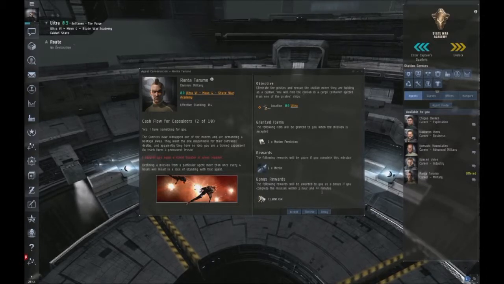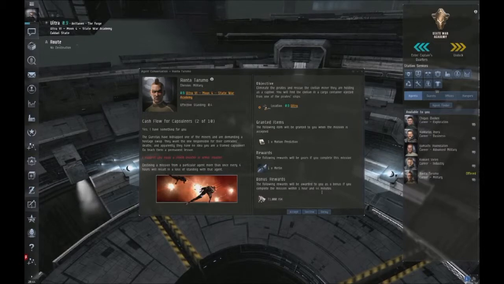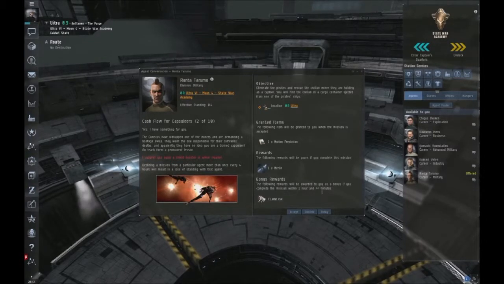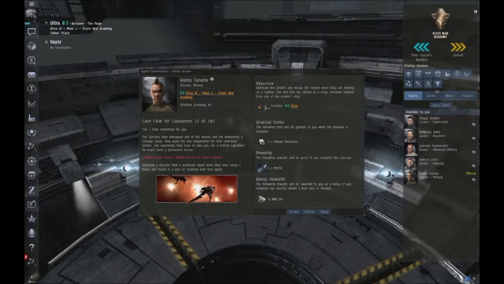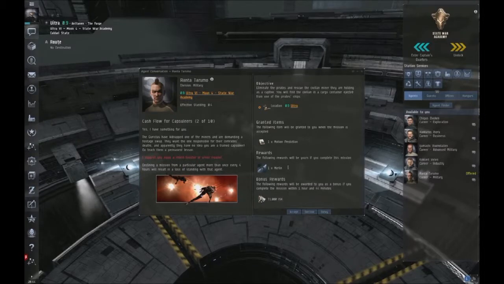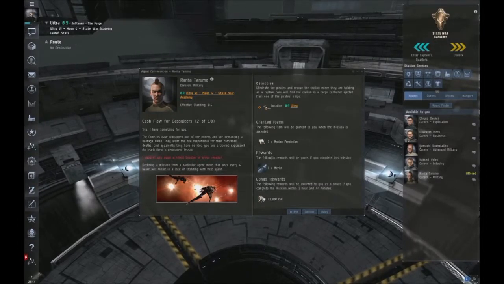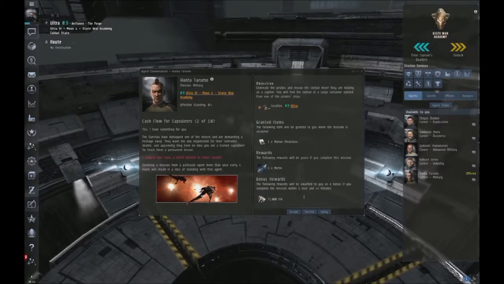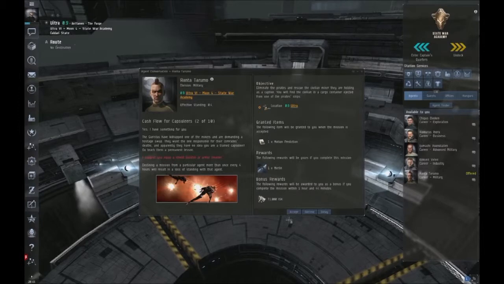Just getting the green check marks is not enough. Now, a reward for completing the mission is ours no matter how long it takes us. If it takes you an hour, you get the reward plus the bonus. If it takes you 2 hours, you only get the reward, not the bonus. So we will go ahead and click accept on this. We will get our motion prediction skill book,